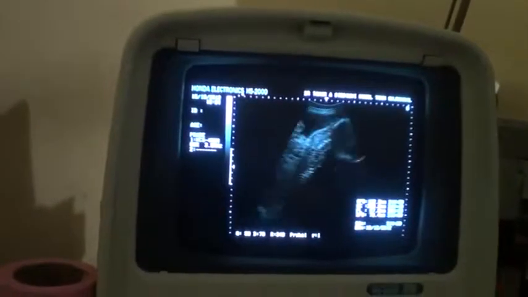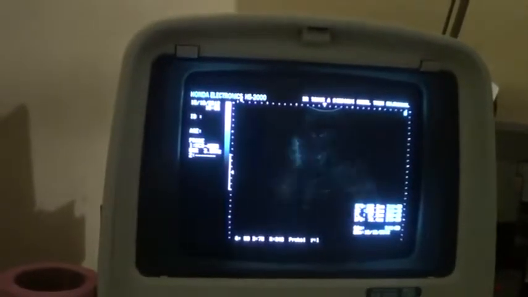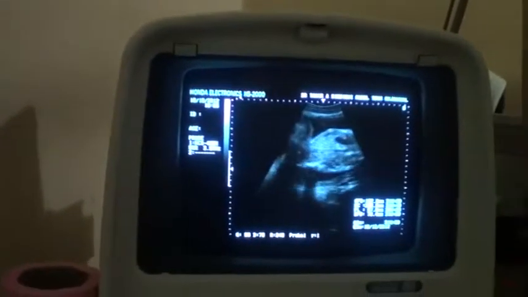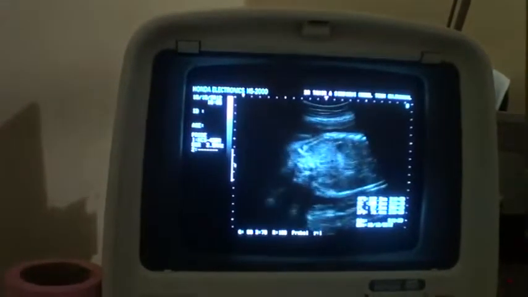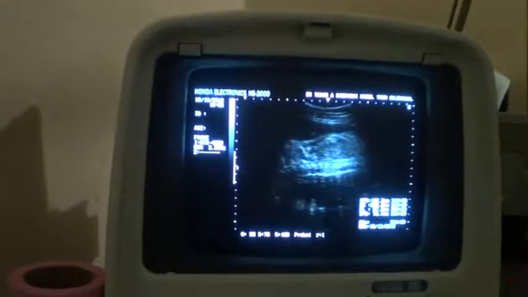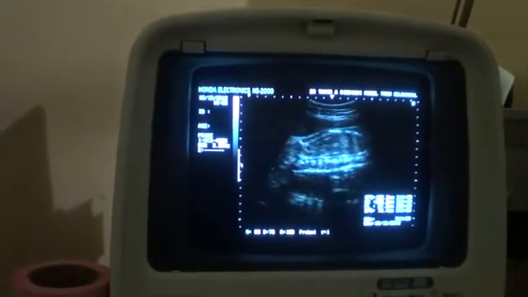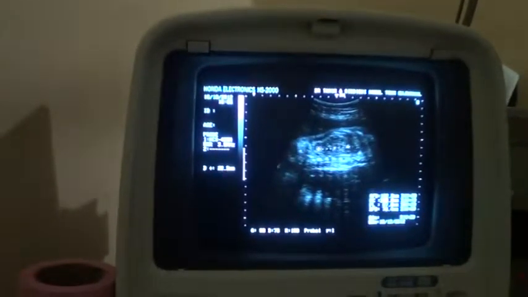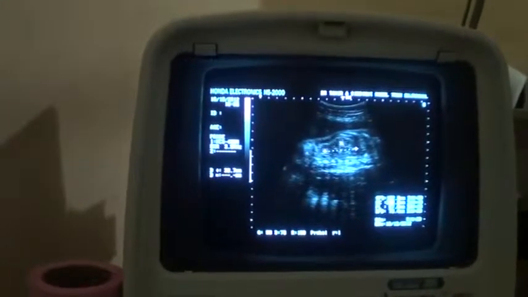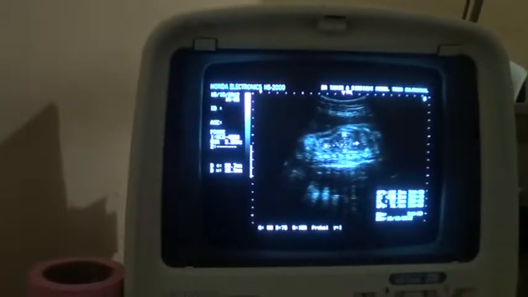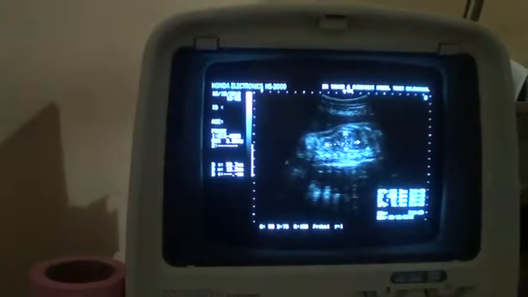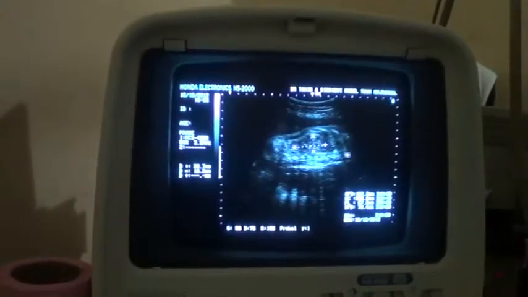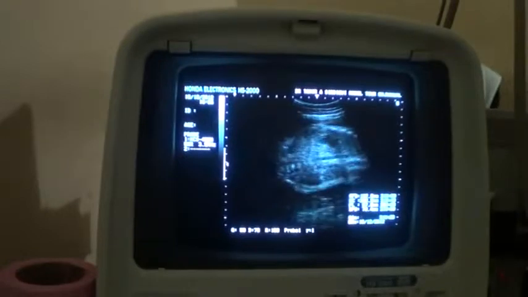Now let's try to rule out some of the important major causes of polyhydramnios. Let us see the kidneys. Now you see that this is the kidney, this is the kidney. I am going to measure it: 3.8 centimeters in length and 1.9 centimeters in anterior-posterior diameter. The kidney is normal. This is the spinal cord that you are seeing,